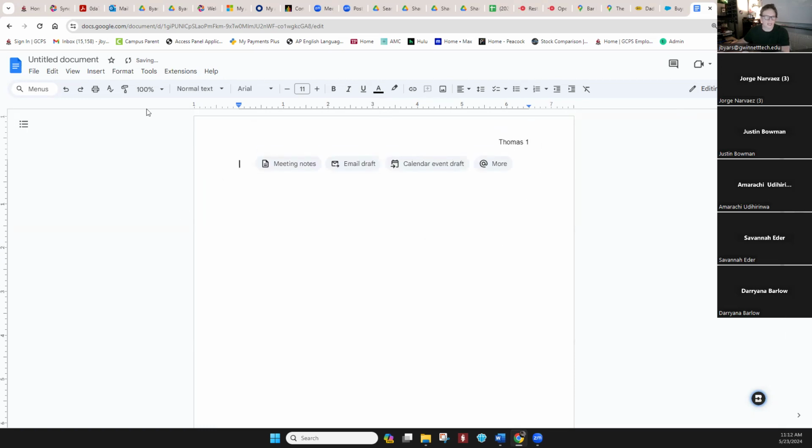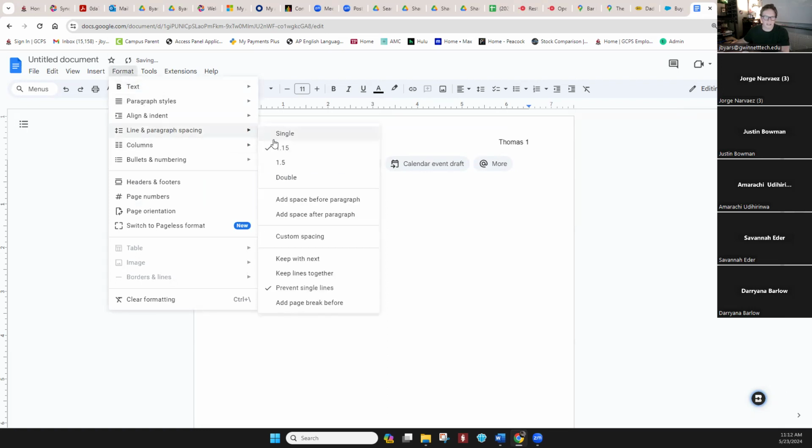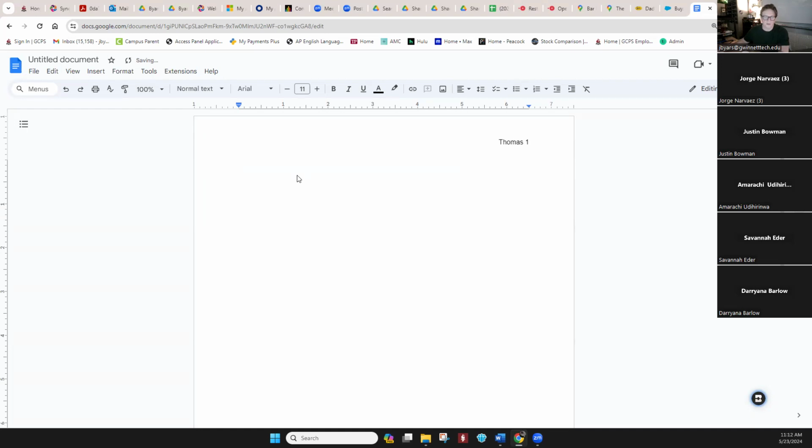And then before I even start typing, I would go to format and go to line and paragraph spacing. See, their default is 1.15. So you need to go to double. Okay. And then you go ahead and begin, and when it comes to text, as in font, I don't